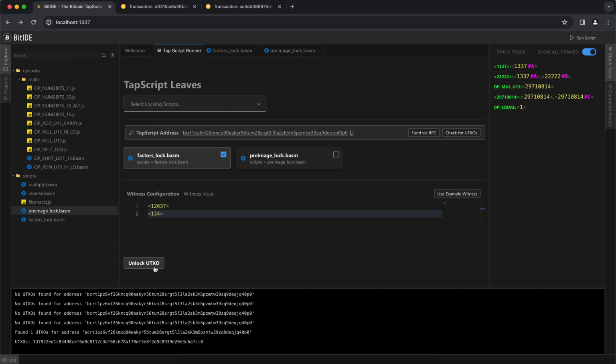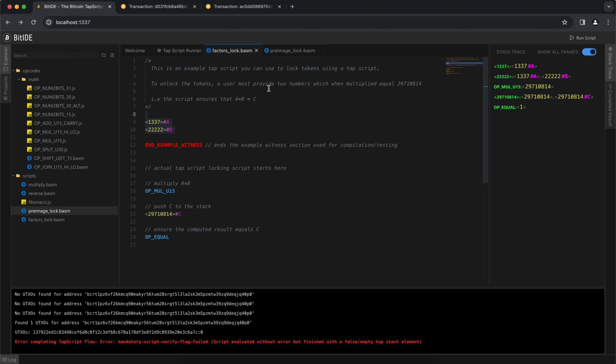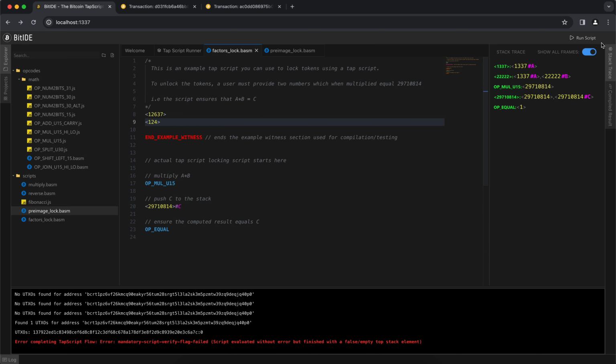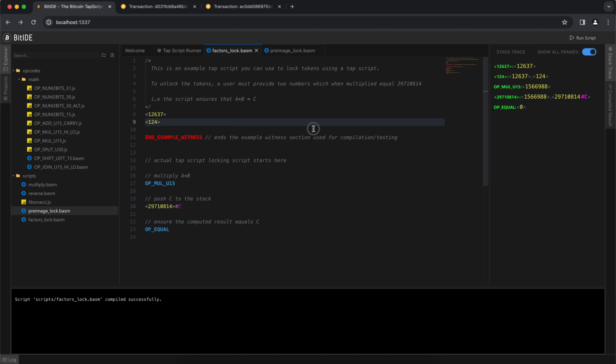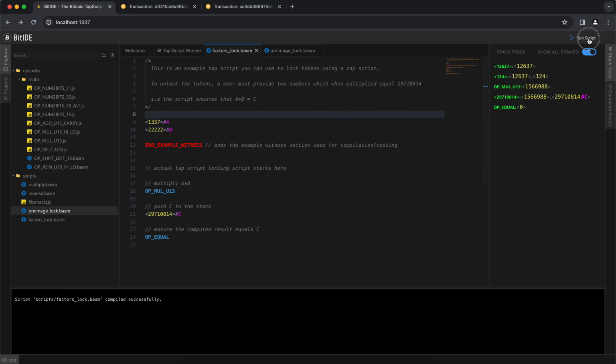And we click unlock. It says false value, because the OP_EQUAL is going to fail. So if we actually run that in our script over here, like this, we'll see that it is 0, right? So yeah, that's how to create a tapscript with BitIDE, deploy your own local environment and block explorer, and of course, the most